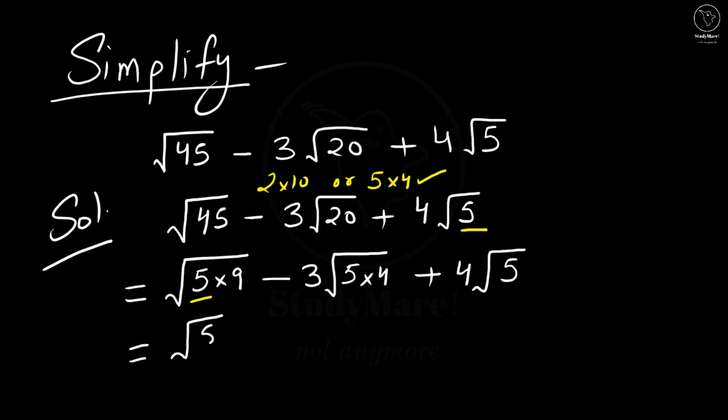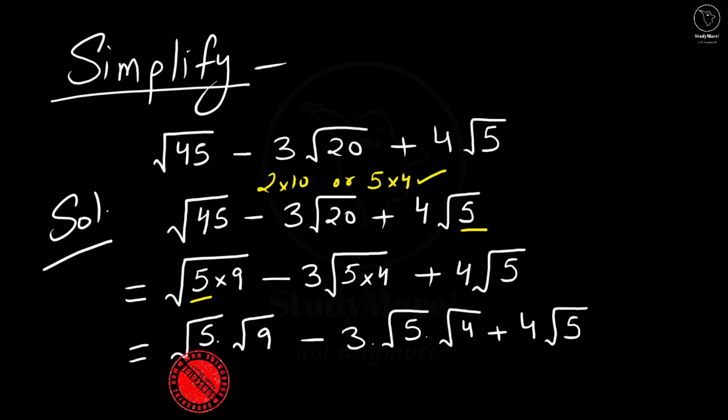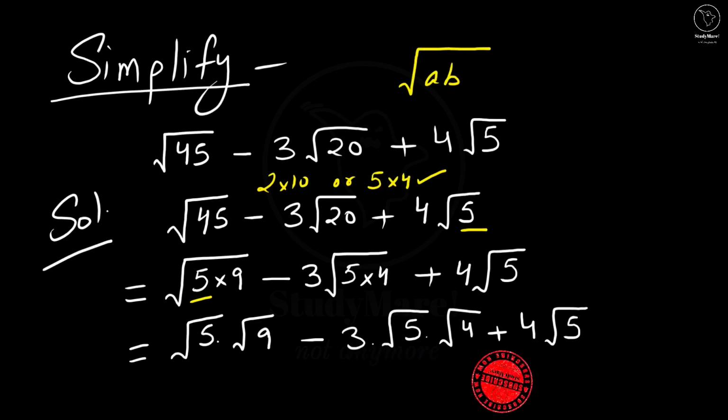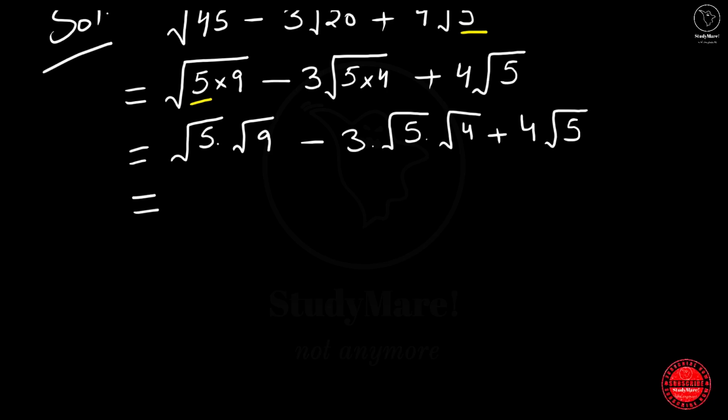which is equal to root of 5 into root of 9 minus 3 into root of 5 into root of 4 plus 4 into root of 5. How we did it? We used a simple identity. Root of AB is equal to root of A into root of B. Solving it further, we get root 5 remains as it is, but root of 9 gives us 3